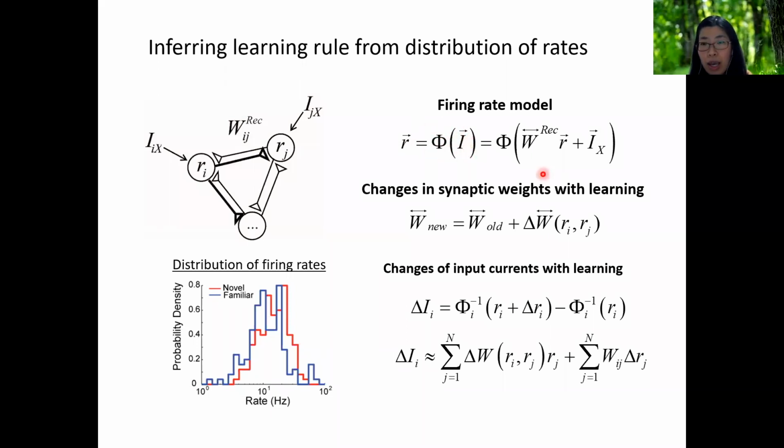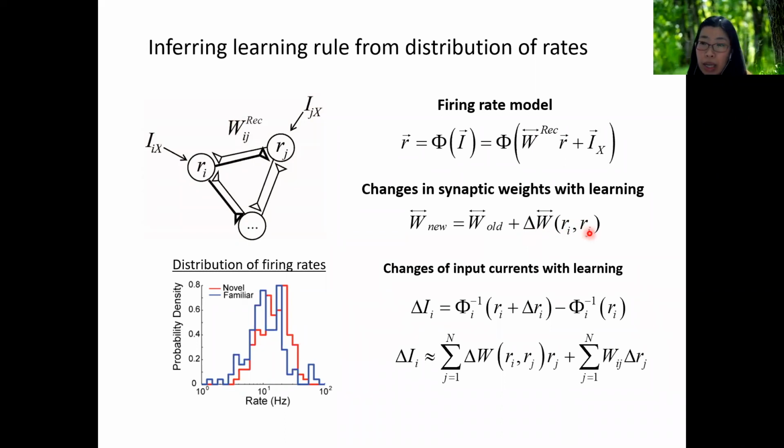The input is the sum of the recurrent input and the external input. And the recurrent input is the sum of the presynaptic rates weighted by the recurrent connectivity. The changes in the synaptic connections we consider happen only in the recurrent synaptic connections. It is a one-step update of the synaptic connection dependent on the pre- and post-synaptic rates.